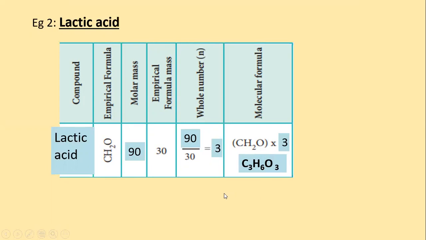So in the empirical formula we are writing in the simplest form by 4 steps, and the last step, if necessary, we move on to. The first step is determination of mass. Second step, determine the number of moles, and in the third step we convert it into the simplest ratio by dividing with the smallest number, right? That will give you the empirical formula. Whereas in the molecular formula, we have to multiply it with the whole number given for that compound. That will give you the molecular formula.